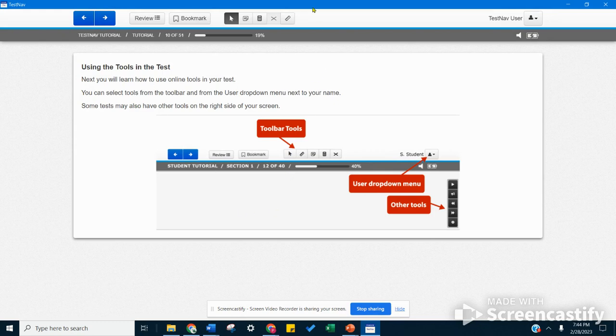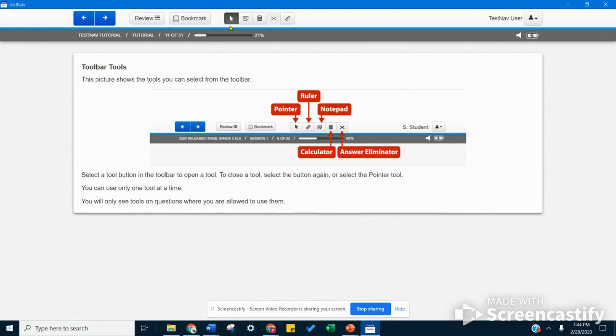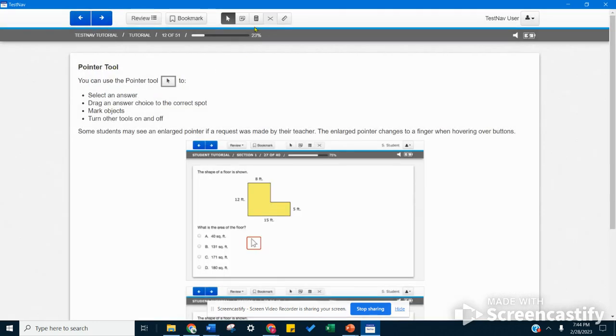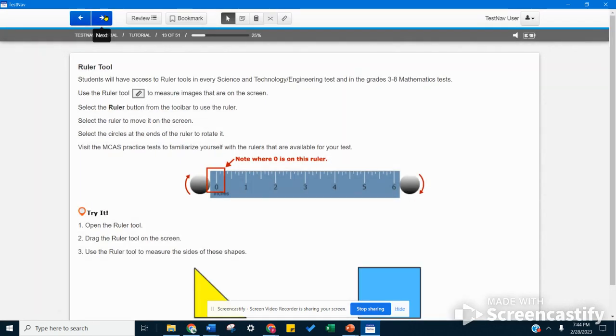In the toolbar here, we're going to go through some of these. You'll see quickly that we have our pointer. That is essentially anytime you navigate through your pointer or you go to select something, it turns to a handprint. It's our cursor that we see all the time that we have to be aware of whenever we're utilizing it. Our next is our ruler. I'm going to end this one right here because this is really